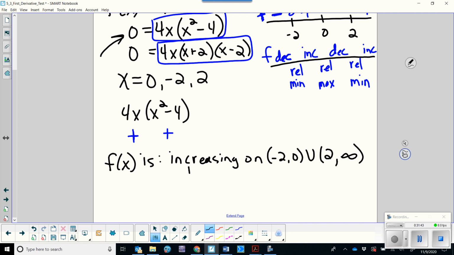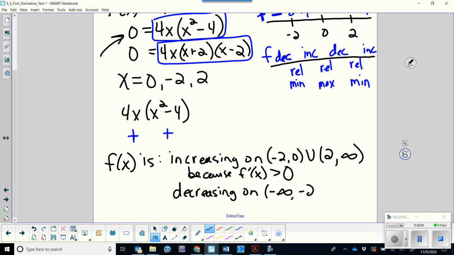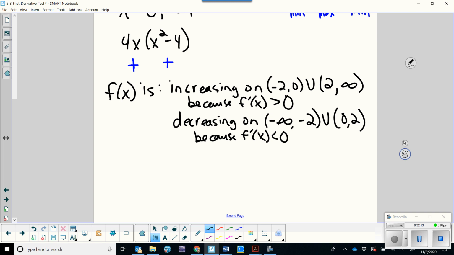and then again I have to give my reason, and I simply say because f prime of x is greater than 0, and decreasing on, so I just answer where I put DEC, so minus infinity to -2, union 0 to 2, and again my reason is because f prime of x is less than 0,